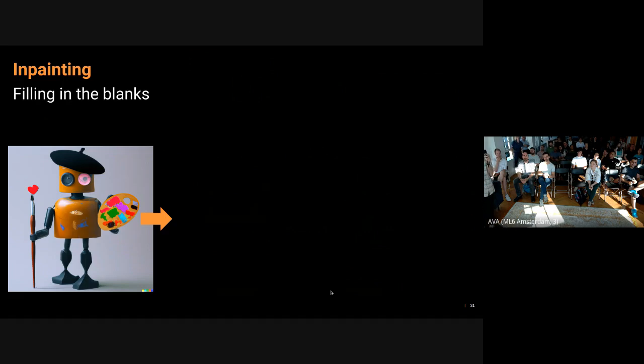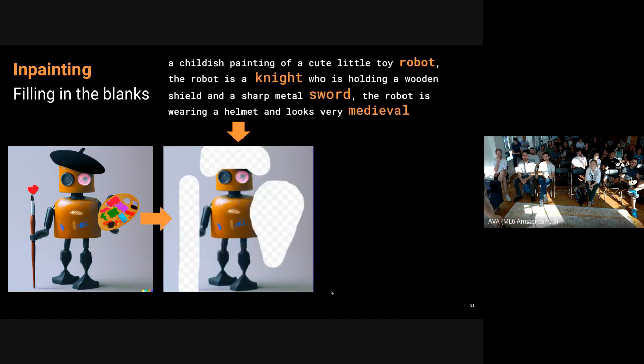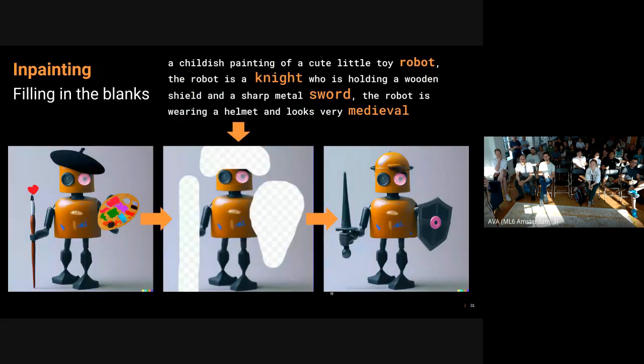Some new things that have been developed with this technology are, for example, inpainting. Inpainting is a technique where you start from an image like this one. You blur out some parts that you don't like. You give it a piece of text describing what you would like, and the model just fills in the blanks. For example, here we start out with the little painter, and we give it a piece of text saying a robot, knight, sword, medieval,